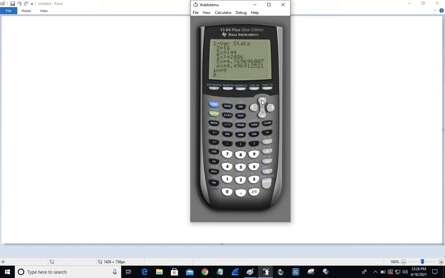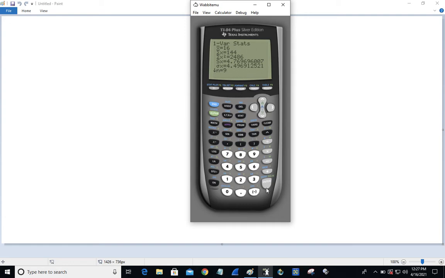Okay. So you go to Stat, Edit, and you put in all of your data points. We're going to do this for Doctor's Office B. Just put them all in L1. And then when you're done putting them in L1, you go to Stat, Calc, and it's the very first thing. We want to calculate one variable statistics. You hit enter again until data actually appears on the screen in front of you.